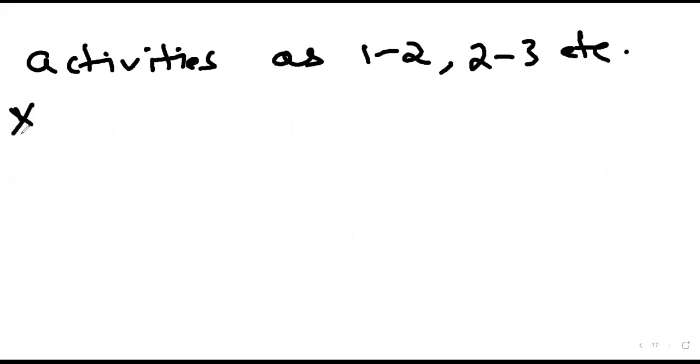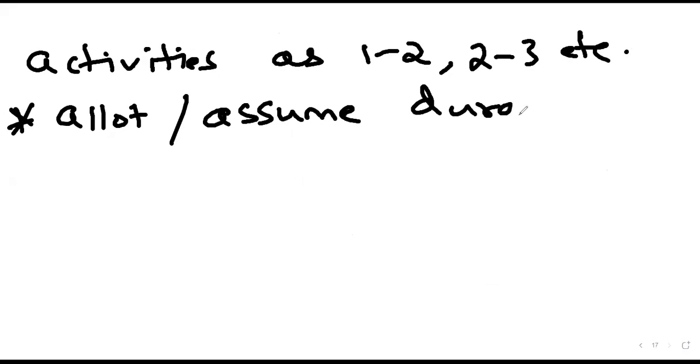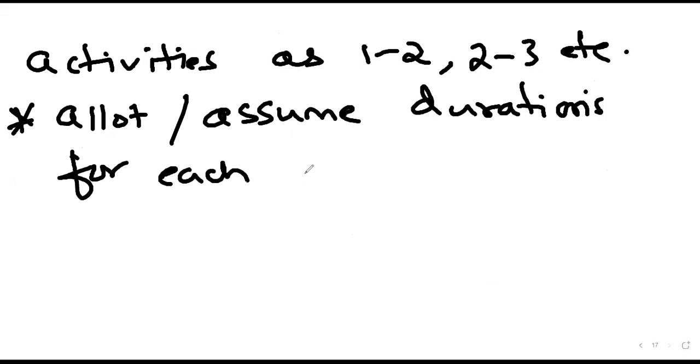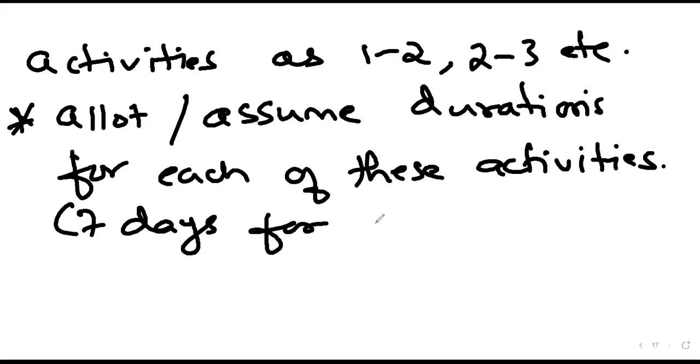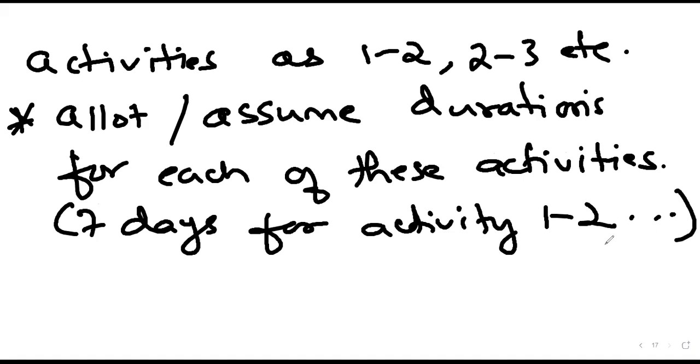Okay. So next is allot or assume durations for each of these activities. Okay. So that means 7 days for activity 1 dash 2, etc. Correct. So you can assume any duration of your own for each of these activities. So once this is done, correct,